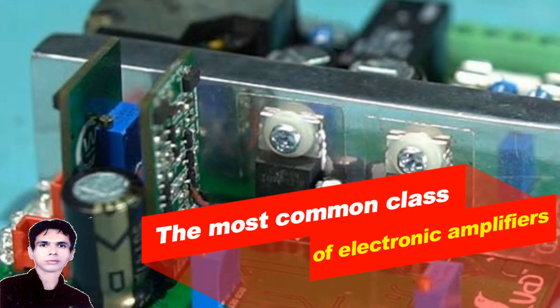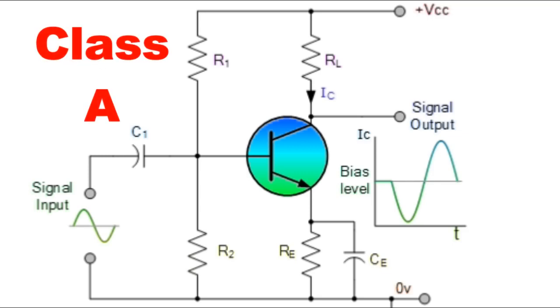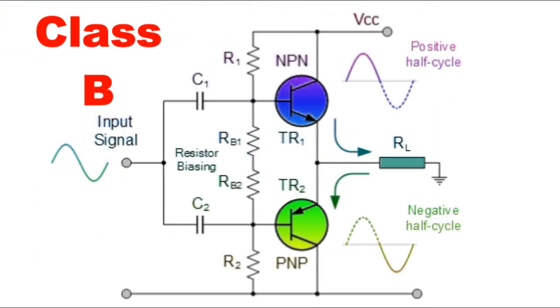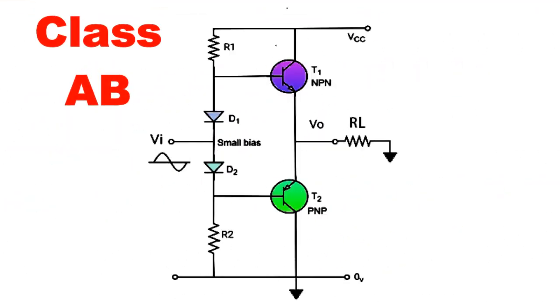The most common classes of electronic amplifiers. Class A amplifier: its efficiency is less than 40%, but its reproduction and linearity are suitable. Class B amplifier: its efficiency is about twice that of a Class A amplifier and, theoretically, about 70% at most, because it conducts for only half the input signal and therefore consumes less power. Class AB amplifier: its efficiency is between that of Class A and Class B amplifiers,